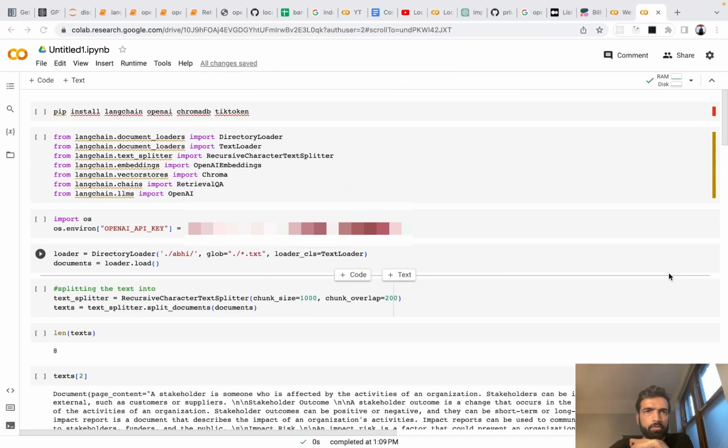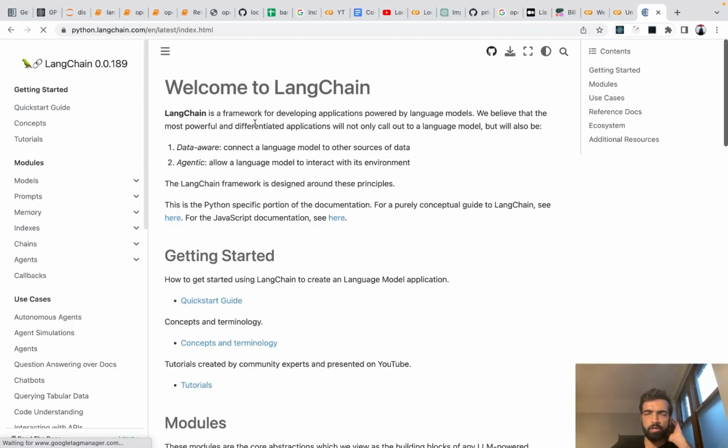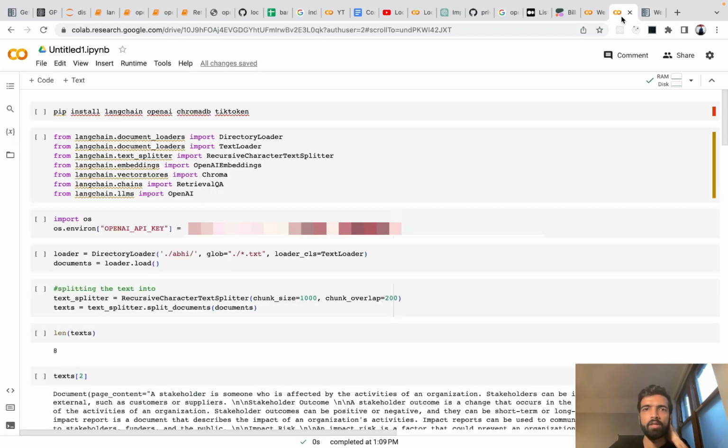Hello everyone. So today I was trying to explore LangChain's capability in doing a little more complex task than I had tried before. LangChain, as you know, is a framework for developing applications powered by language models. I didn't want to be wrong about how I explain LangChain, hence I opened this. But yeah, so